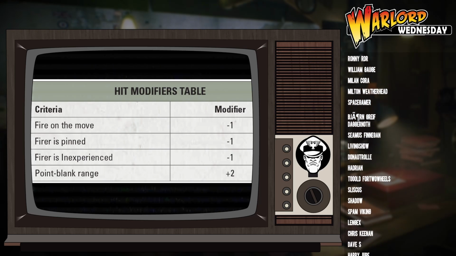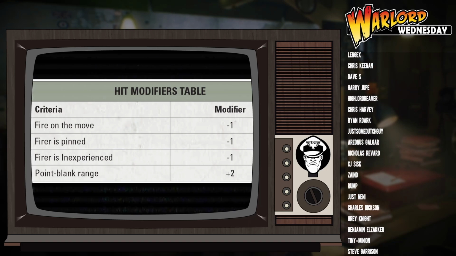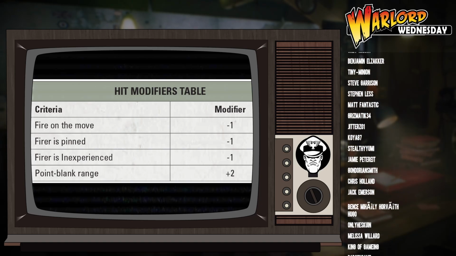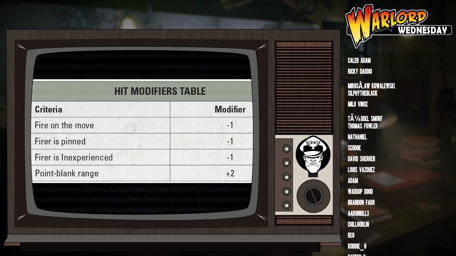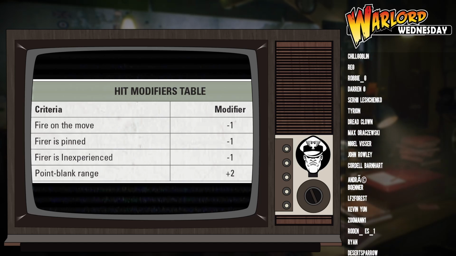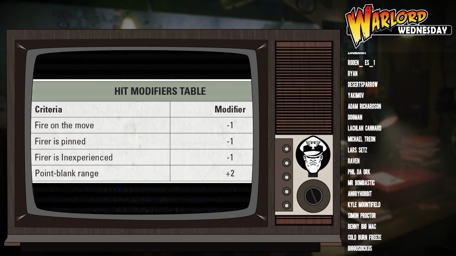And then we have point blank range, which adds +2 to hit, which I think is the same. Point blank may have used to add +1, but now it adds +2. But the concept is still basically there. If you're up close and personal, you're going to get a big bonus to your hit modifier. For me, the two really big changes, though, is firstly, if the firer is pinned, they have a -1 to